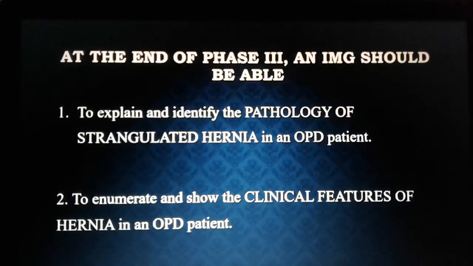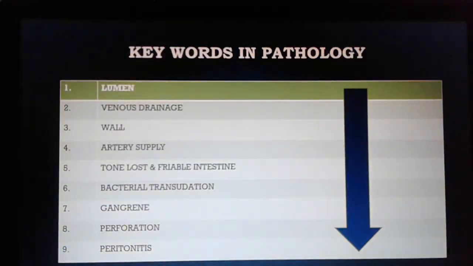Very important slide. As far as the pathology of any strangulated hernia is concerned, I am saying strangulated hernia because it's an urgent emergency in surgical science. You will have to operate. So if there is some dire emergency, we should act fast, and that's why we should know the pathology behind it. How does it occur? So this pathology is specifically related to strangulated hernia.